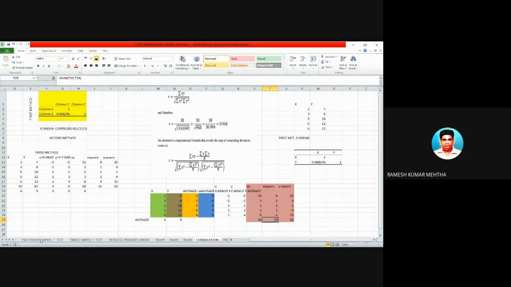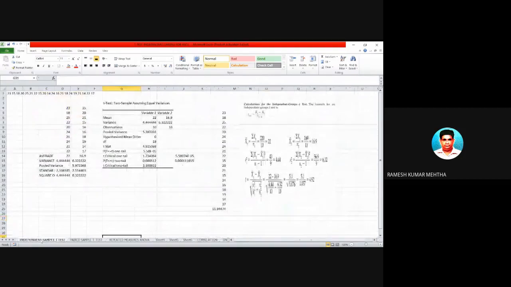Now the next topic is independent sample t-test. So this is the third topic of the day, independent sample t-test. We will not go into what you mean by independent sample t-test, what the assumptions are and all that stuff. We are here to perform the independent sample t-test. When I am talking about independent sample t-test, there should be two sets of data and the two data sets are independent of each other.